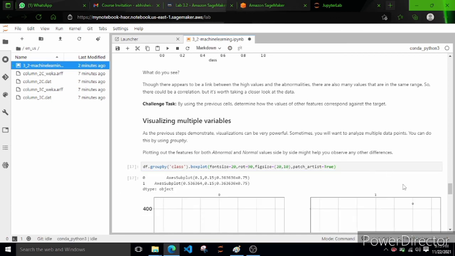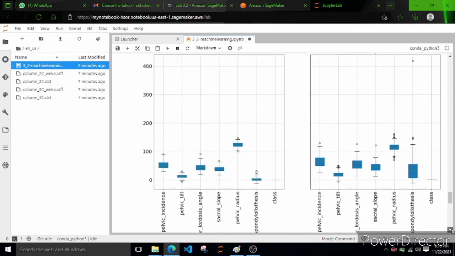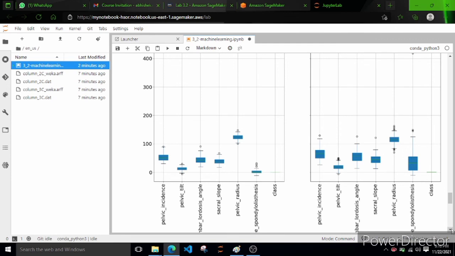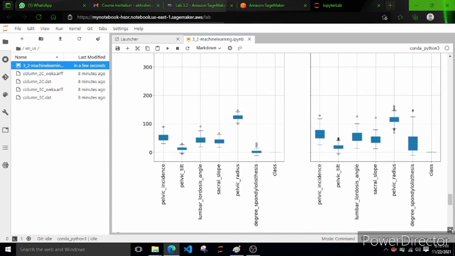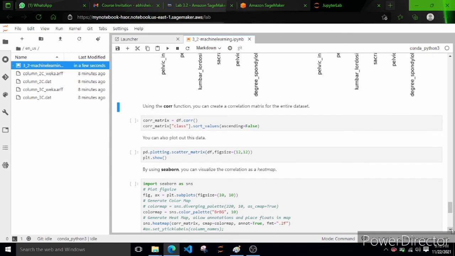Okay, so this is nothing but a box plot, and these box plots are very powerful. The center line in each box represents the median value. You can visualize the outliers. These box plots are very commonly used in machine learning.